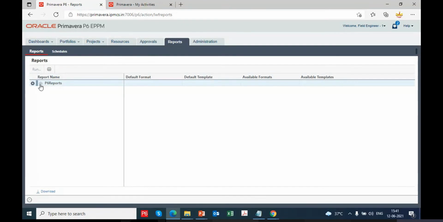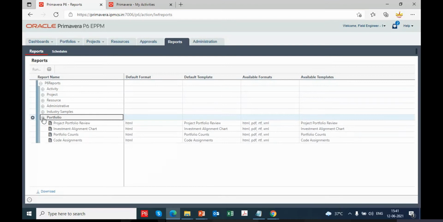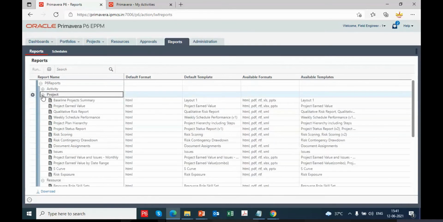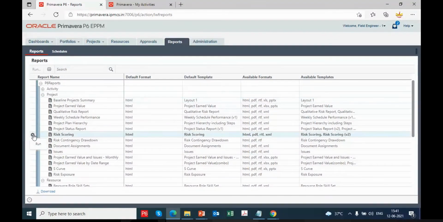Here you can expand some of the existing templates available. You can run these templates and generate the reports. For example, project status report, risk scoring. You can select run.